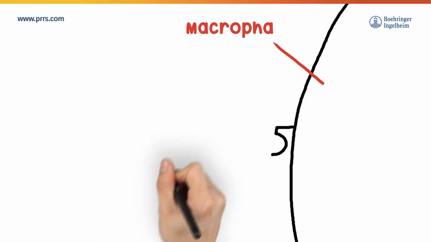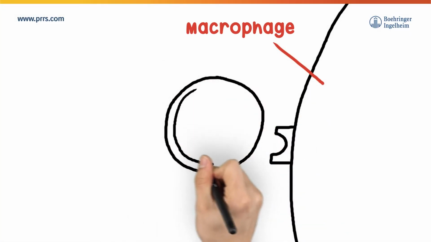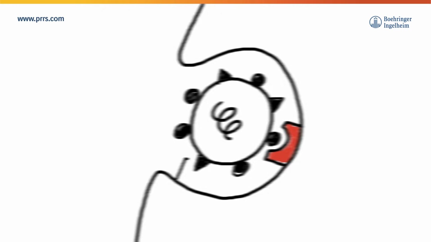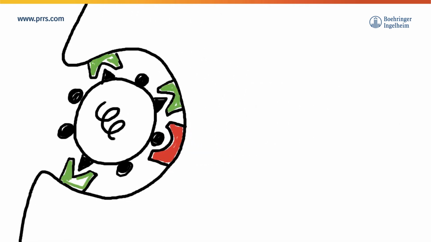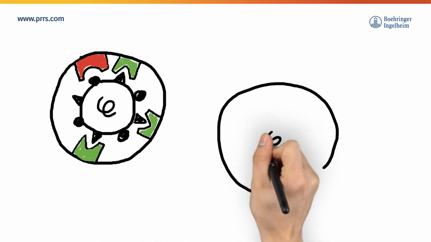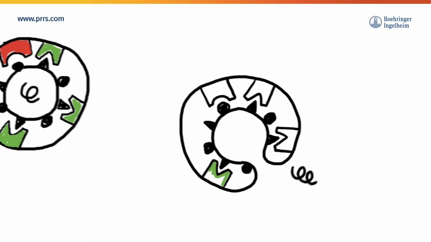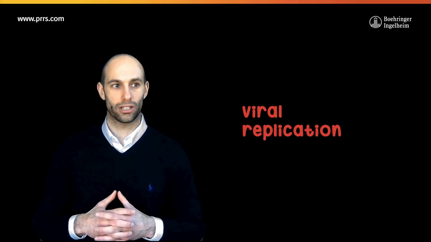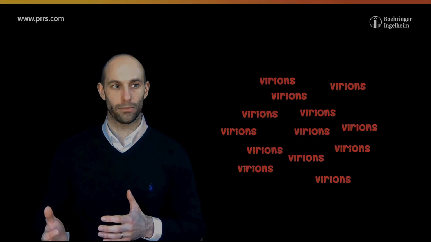Others reach the alveoli and the permissive pulmonary alveolar macrophage. The virus attaches to and infects the porcine macrophage. The cell surface protein CD163 has been shown to be necessary for infection. The virus is then internalized. Following uncoating, the free viral RNA is translated into non-structural proteins to support viral replication, and then structural proteins. Virions are then assembled.